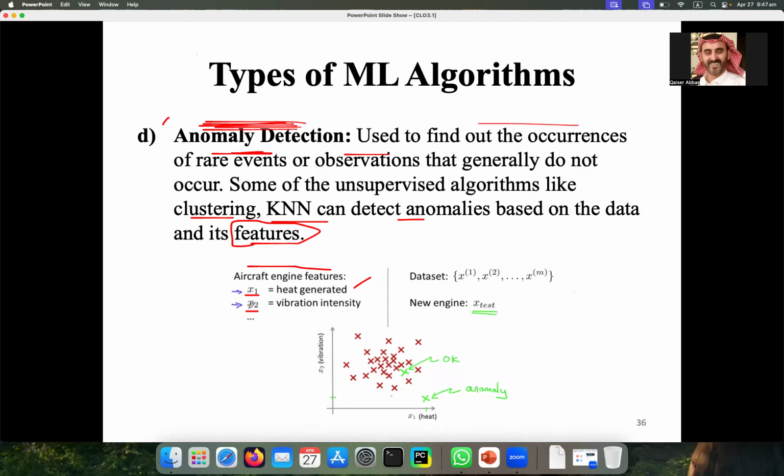X1 is heat generation, how much heat is produced. Maybe this X1 will have a value like 90 degrees or something like that. This is just an explanation of what this column is. And you have the data X1, X2, going on up to XM. This is the data set.